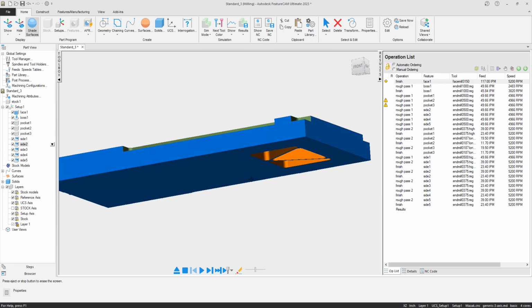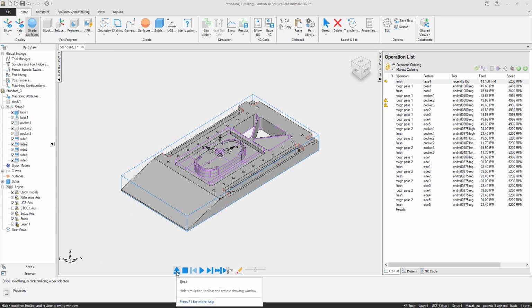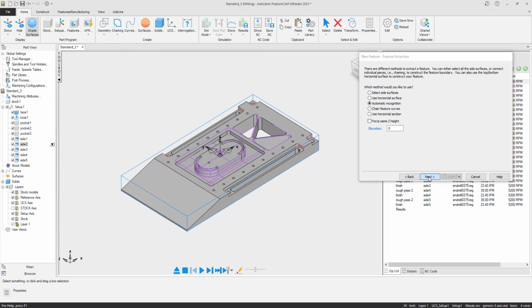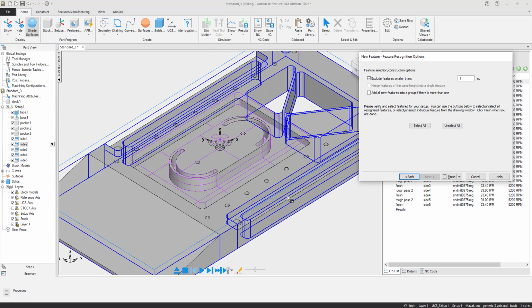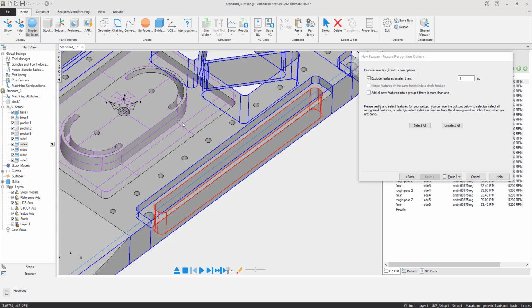So let's go ahead and come back over here to my isometric view. I'll hit eject. Now we're going to do these long slots. I'll go to feature recognition. I'm just going to go right back to next. Now I probably could have picked them with that last one, but it's not hurting anything if you didn't. So I'll select those again,